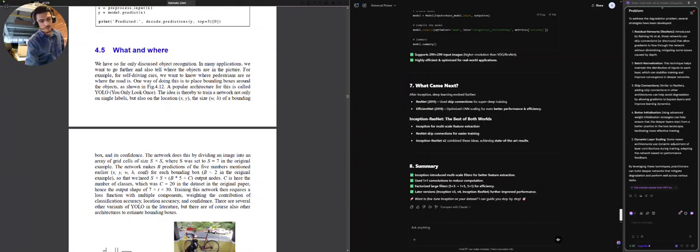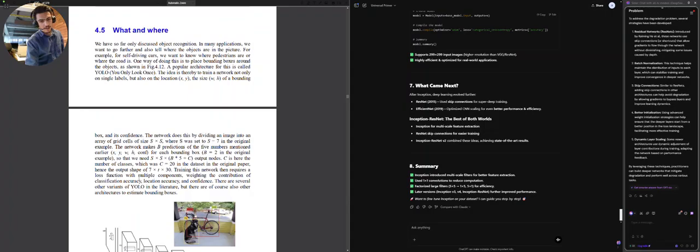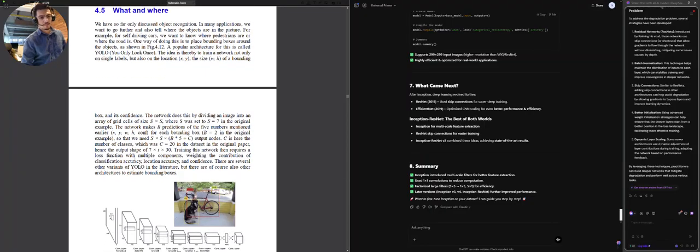The network does this by dividing an image into an array of grid cells of size S by S, where S was set to S equals 7 in the original example. The network makes B predictions of the 5 numbers mentioned earlier, x, y, w, h, and confidence, for each bounding box,